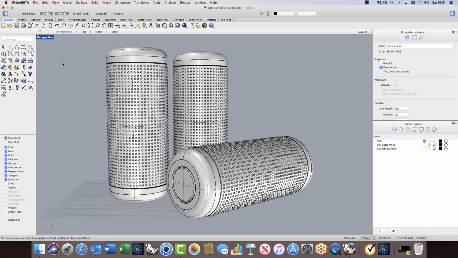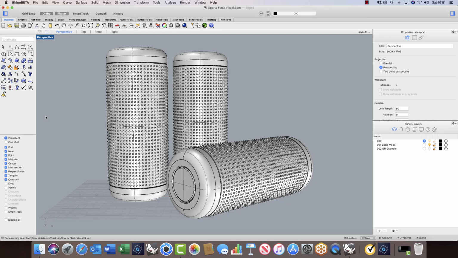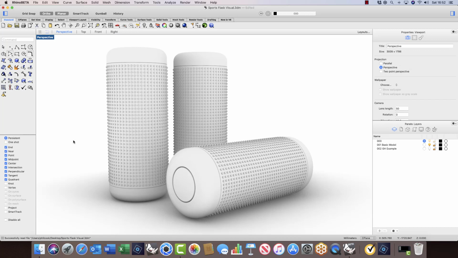Rhino 6 introduces a number of enhancements in terms of display performance, display features and presentation. Firstly, and in very simple terms, all the display modes in Rhino 6 look much better, all objects are drawn much more smoothly, points and control points are properly anti-aliased, and overall the new display is much easier on the eye. There's a new display mode called Arctic, and this is great when you want to present an idea to